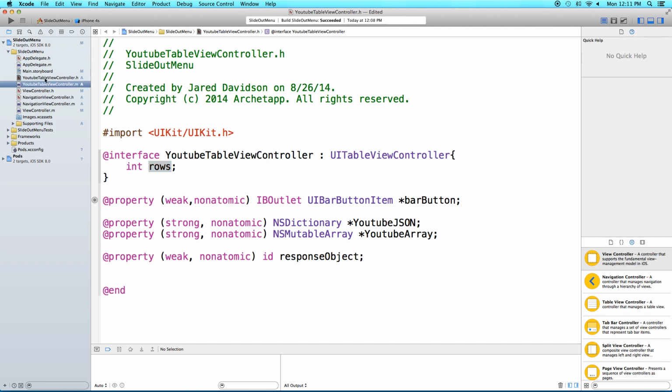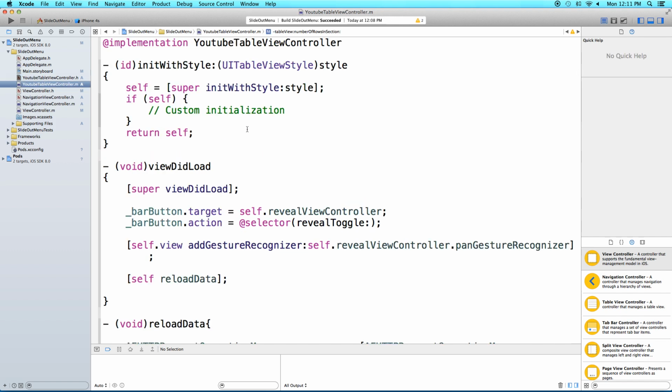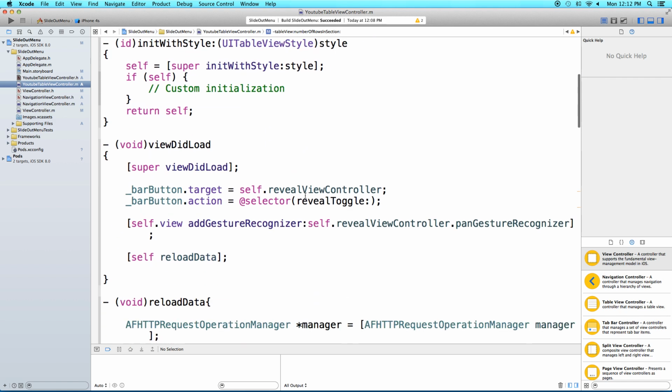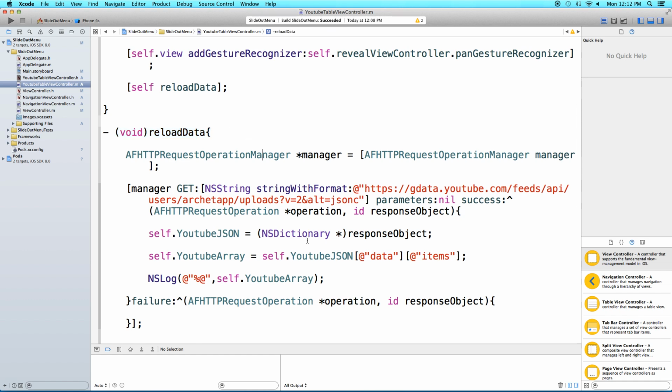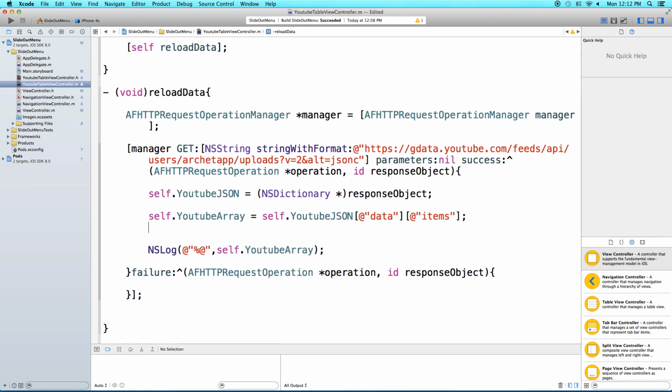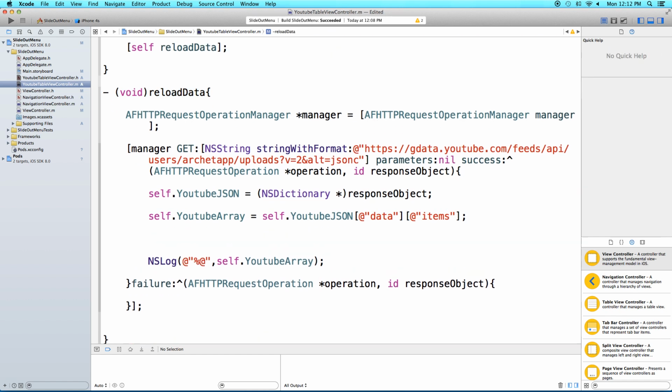Alright, now let's go ahead and go into our YouTube table view controller.m file. And right down here, we want to go to our reload data void right down here. And we want to count the amount of rows that are inside of our data. So let's go ahead and say rows equals